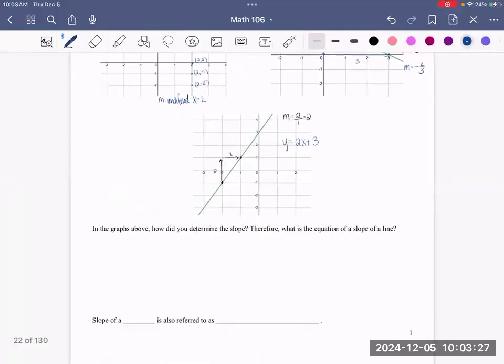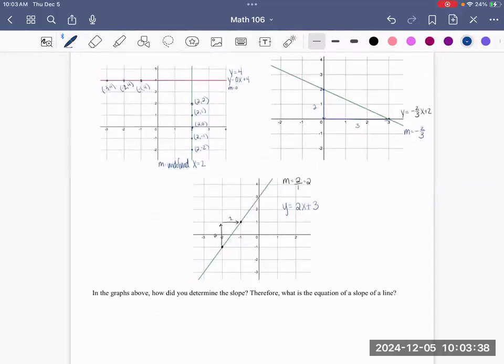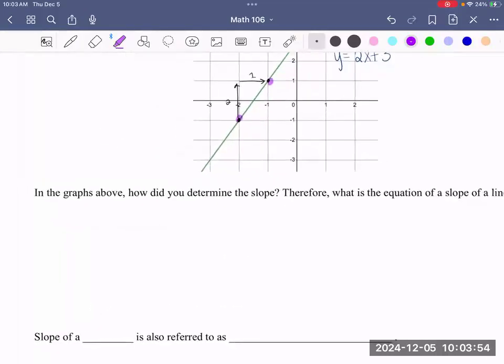So now in the graphs above, how did you determine your slope? Let's say you pause the video and you came back. How did you pick out your slope? Well, you picked out your slope from finding 2 points on your graph. For me, I picked these 2 over here. And so you're picking 2 points, and when a graph is not supplied, we can use the formula for your slope. So given that we have 2 points,